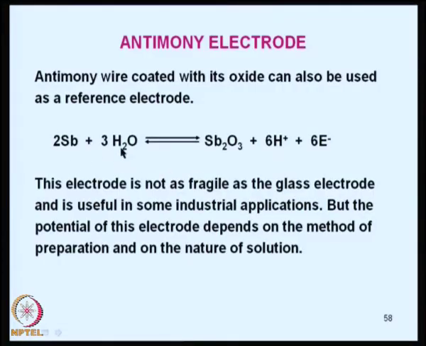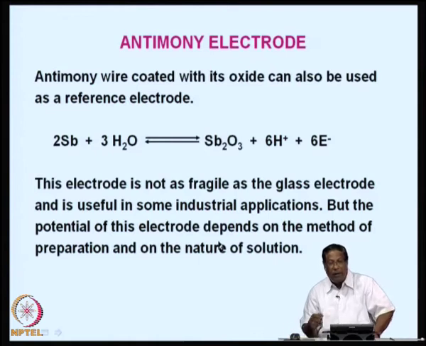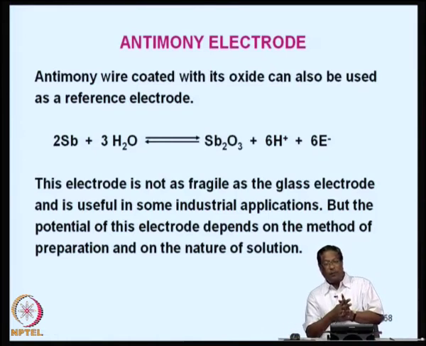You can take an antimony electrode, coat it with antimony oxide, and then make an electrode out of that, and the reaction is given by 2 Sb plus 3 H2O going to Sb2O3 plus 6 H plus plus 6 e minus. This electrode is not as fragile as a glass electrode, nor would it show variations of pH depending upon the presence of oxidizing and reducing species. The potential of this electrode depends on the method of preparation and on the nature of the solution, but I can use such an electrode